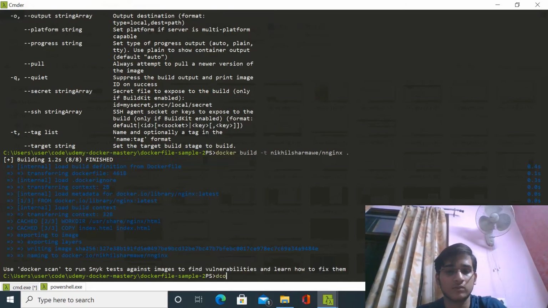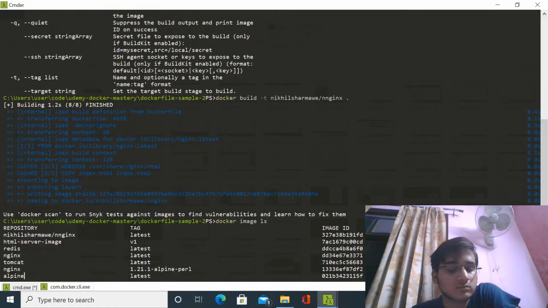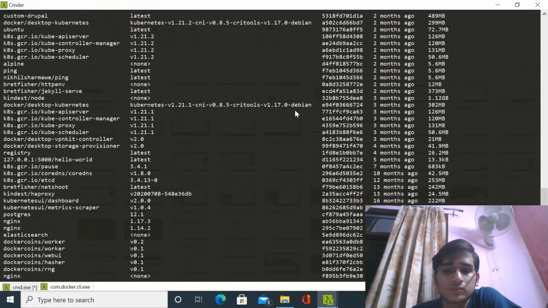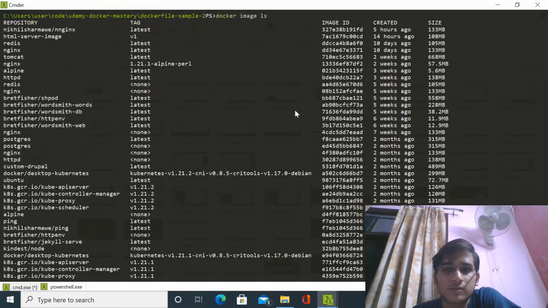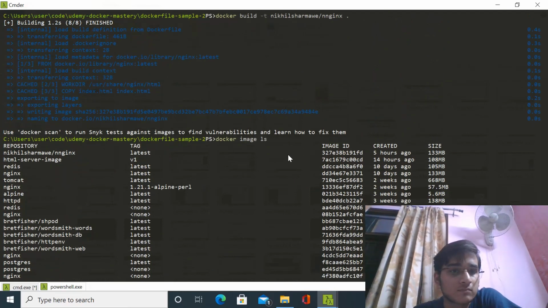So now I will list all the images, docker image ls. I have many images, you can see. So this is the image. Tag is latest.